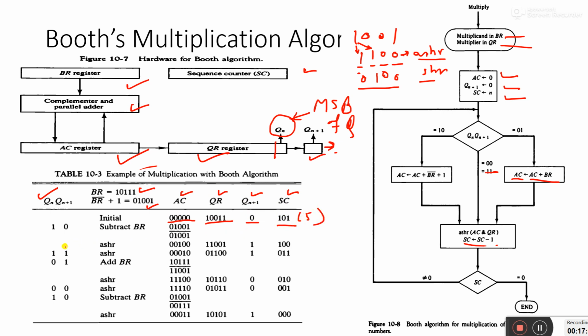Okay. Now I will check the status of my Qn and Qn plus 1. This is my initial state. Now I am checking for 1 0 for my Qn plus 1. If it is 1 0, then what I need to do? I need to just subtract the AC by the BR bar plus 1. So I will just put this value 0 1 1 0 to this number, and I will just add these two things. So I no need to use a separate hardware for it, and in the same hardware I can use the multiplication here, and this will become 1 0 1 0 0 1.